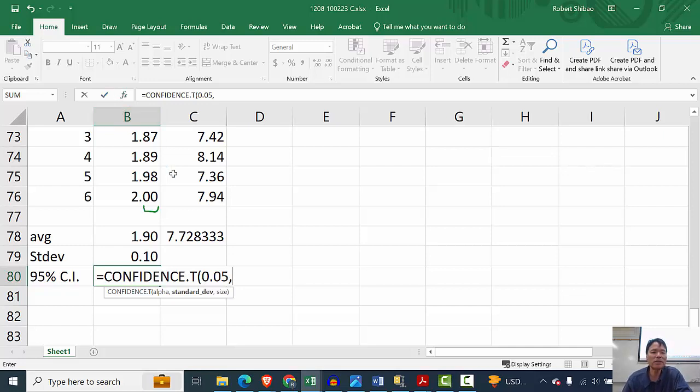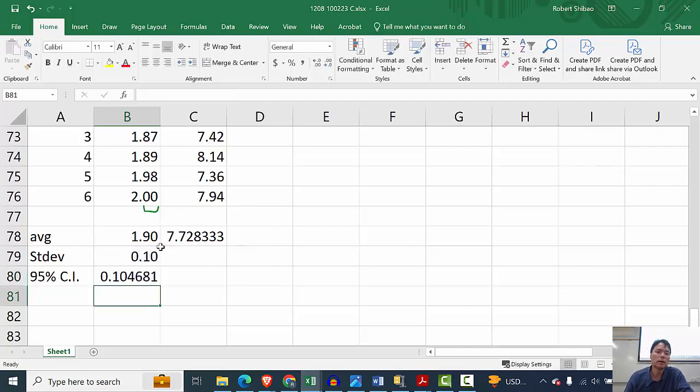And then we need our standard deviation. So our standard deviation, we just calculated, that's in cell B79 here. So I'll just click B79. And then we need the sample size. And so the sample size is 6. And then hit enter. And then I'm going to go 2 decimal places for this as well. Let me go 3 decimal places